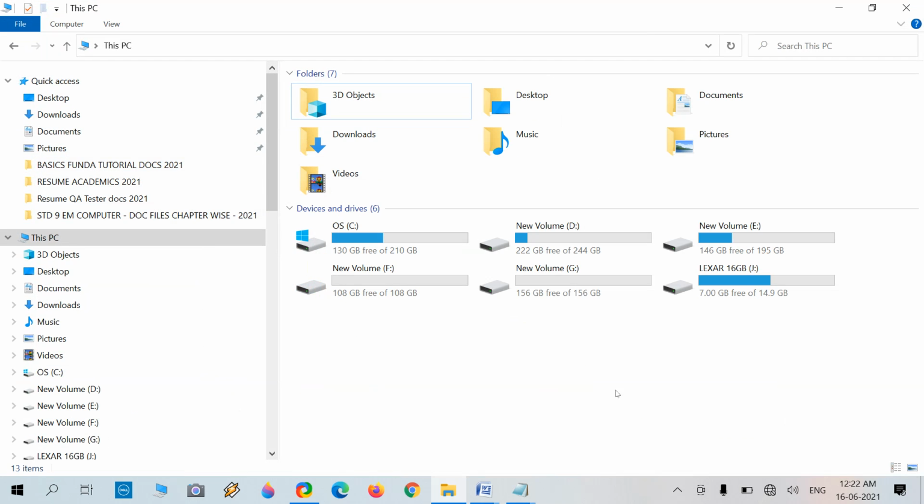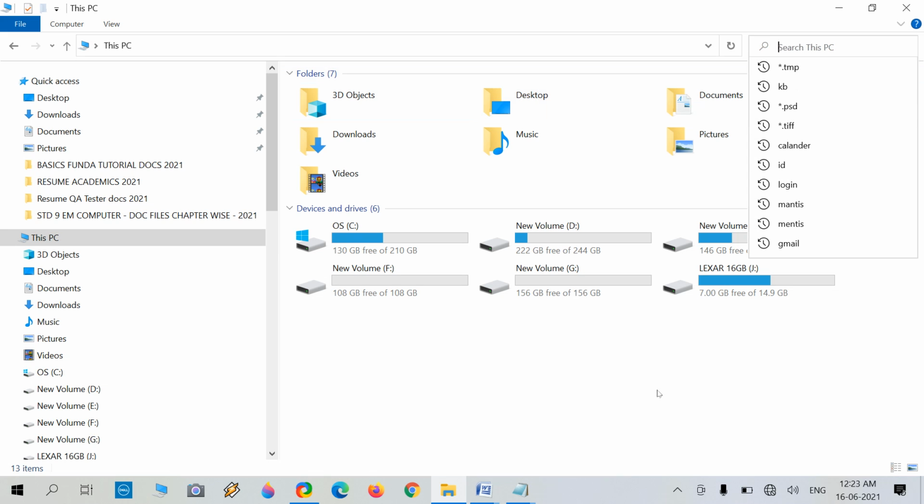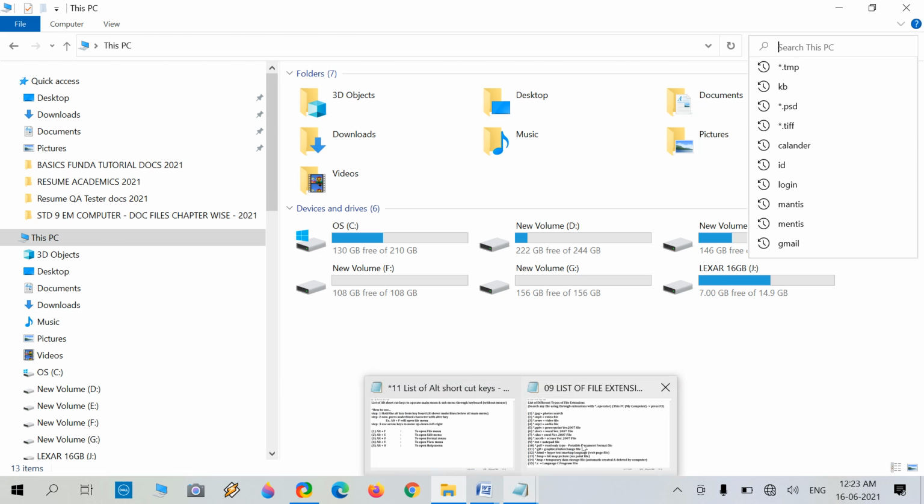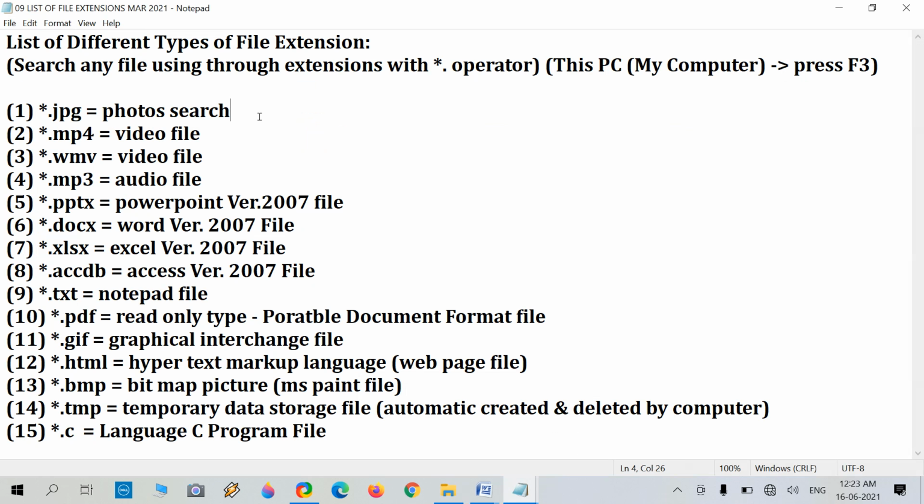In this This PC or My Computer screen interface, there is a Search This PC option on the top side. To get the cursor on this option, if you don't have it, then press F3. The shortcut is F3, and it will place your cursor at the top, in the Search This PC text box. And now our real task is going on. First I am using asterisk dot jpg, and what does the asterisk mean?